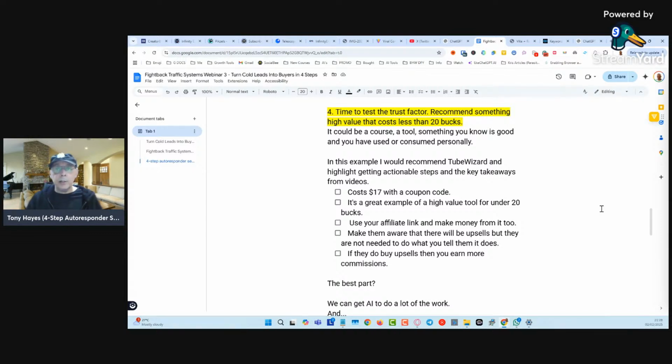Okay, not a huge amount of sales, but still it made sales. But what we can tell from that then is that the system is working as far as a 4-part autoresponder sequence. Okay, and that's the shortest time really that I could think of to be able to move people from cold leads into buyers. And you've started to filter by that point the people who are genuinely interested, the people you can genuinely help, in other words.